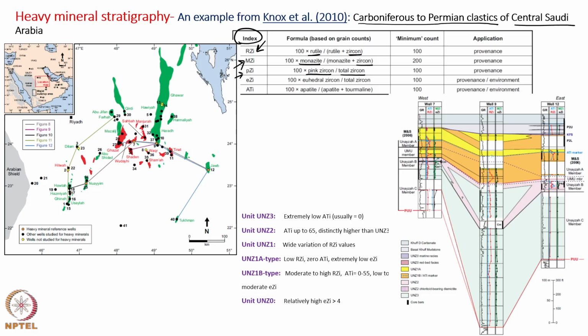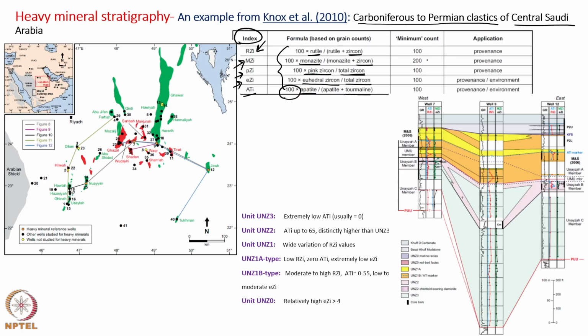Two varieties are there: pink zircon, which is in the numerator, and in the denominator total zircon, which can be pink zircon plus zircons of other colors. EZI, here E stands for euhedral zircon divided by total zircon. ATI, here A stands for apatite and T stands for tourmaline. Now, all these ratios are multiplied by 100